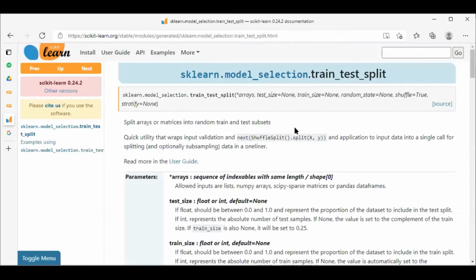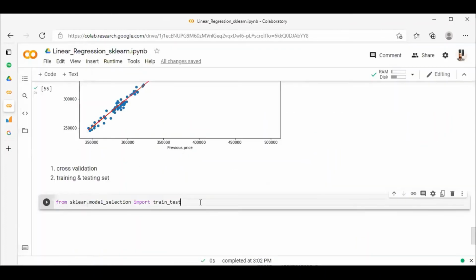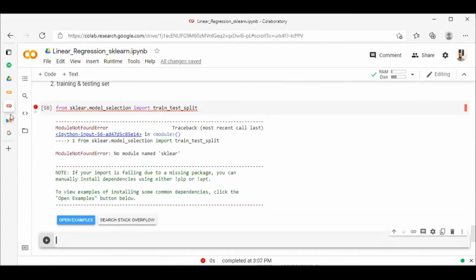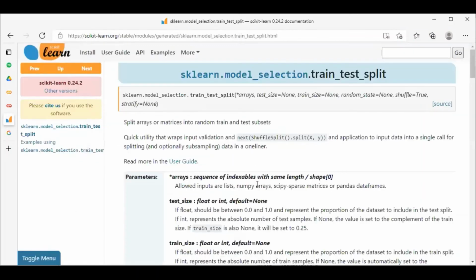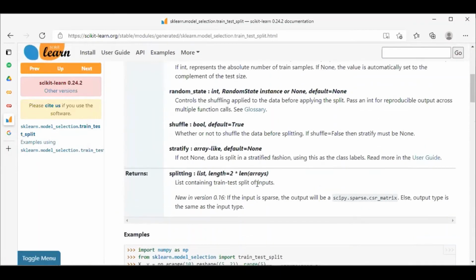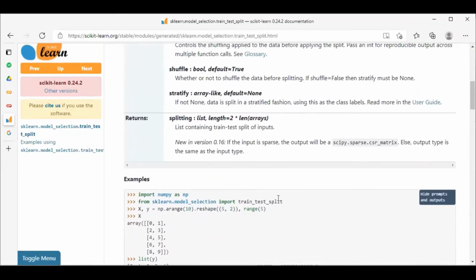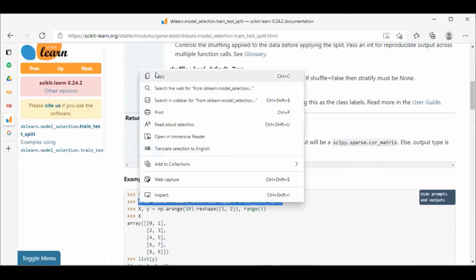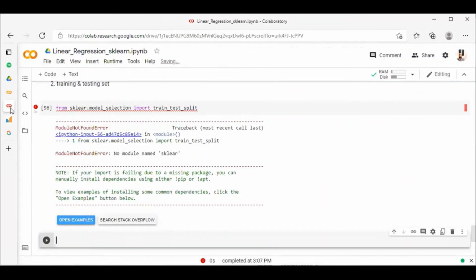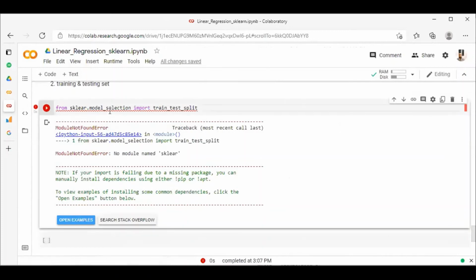Let me look at it very well: train_test_split. This is the function that is going to be used to split the data. Better still, I can just copy the example that is used here. So once you have this example,